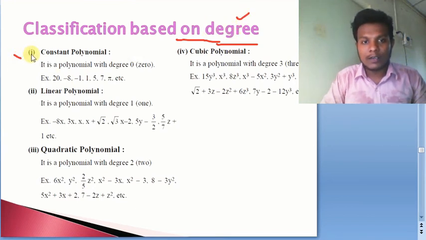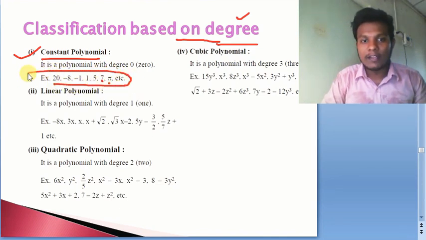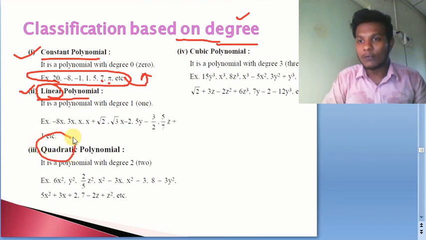First, let us say a constant polynomial. We have already seen that for any constant the degree is going to be 0 for sure. Suppose we have 7, pi, whatever, these are constant polynomials, and in all these cases these are just numbers. For these cases the degree is 0, so we call it a 0 degree polynomial or a constant polynomial. Now we have the linear polynomial. I will make it clear in forthcoming discussions why it is called linear, quadratic, cubic. But now see what a linear polynomial is.